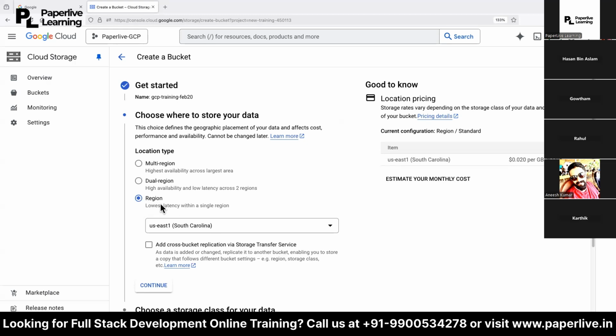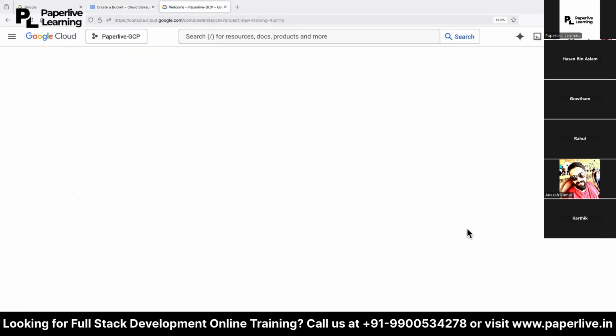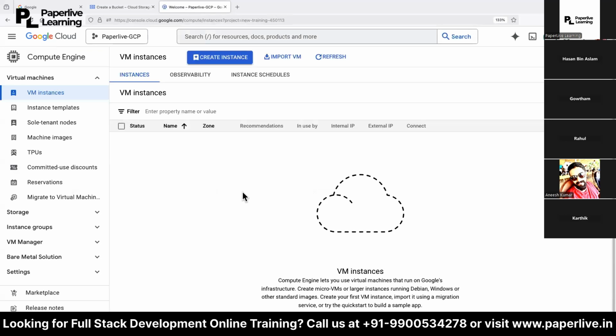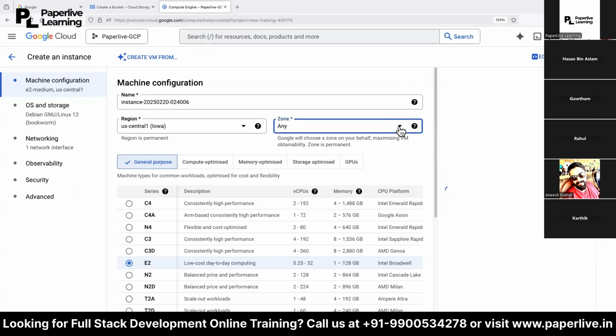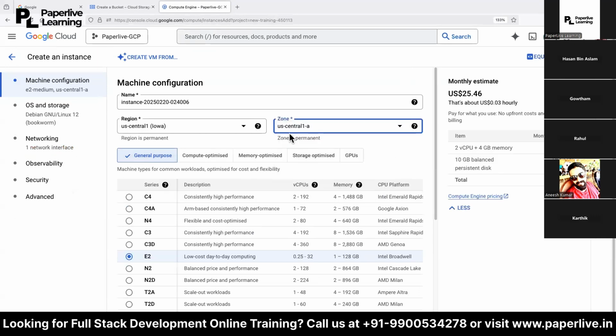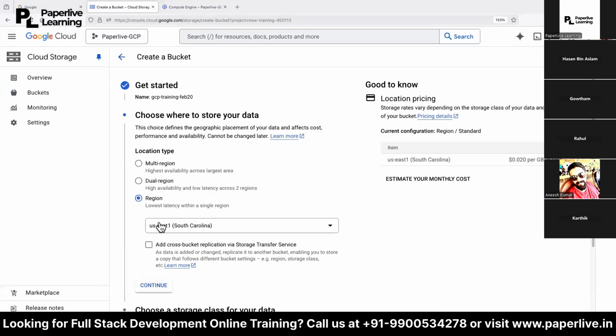Here you don't find zones, right? You can see it is regional, not zonal. How a zonal resource looks is, if you go to Compute Engine and try to create one, you will find the difference. It shows region and zone. You should select a zone also because the scope is zonal. In this case, you're not selecting a zone; the minimum selection is regional.